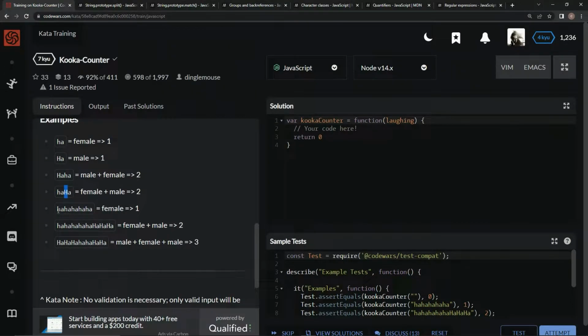This is one female because it never switches to a capital. This is a female and a male. It goes like this: female, and then male right here, and then male, female, male. All right, so now that we got that going on,